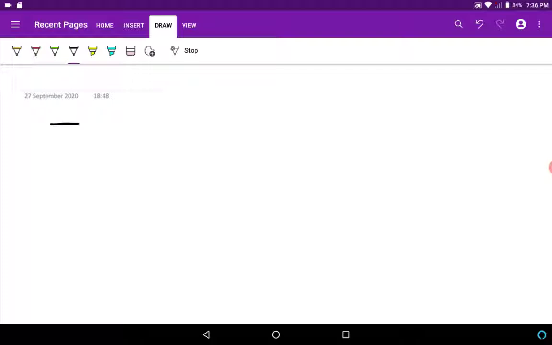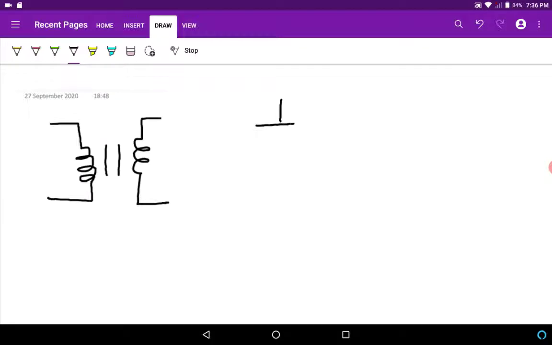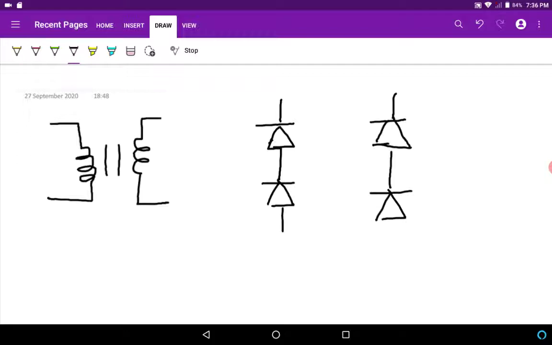So in a bridge rectifier, instead of only two valves we have four valves. So we have a transformer like this, and on the secondary side of the transformer we have four valves. Right now I am showing the diodes only because I am just considering an uncontrolled rectifier. So there will be four diodes like this, and these four diodes will be connected in a bridge fashion. Again remember, this is a single phase rectifier.